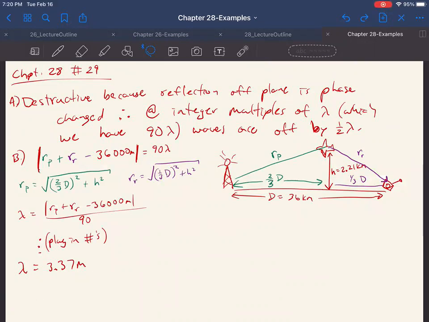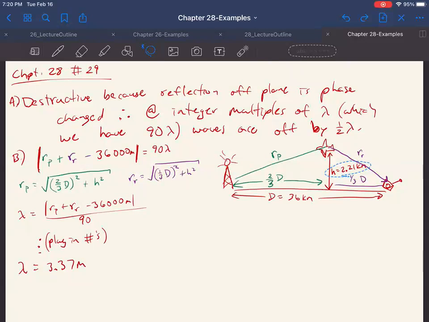In this one, there was a radio tower, and it was a certain distance D away from a radio, 36 kilometers away. It stated that there was an airplane flying at a height H equals 2.21 kilometers above the ground, somewhere near both of these things. It stated that, what was it? It was that